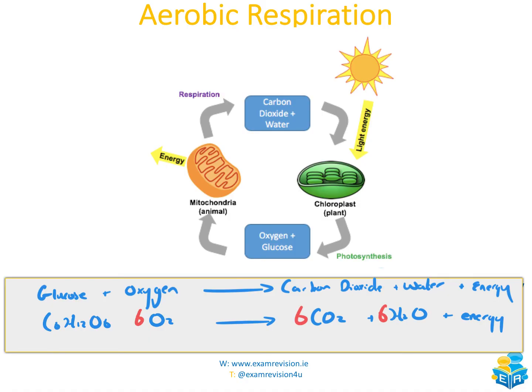a balanced chemical equation. Because here we have 6 carbons, we have 6 carbons over here, we have 12 hydrogens, we have a total of 12 hydrogens there because 6 H2Os will give us 12. And we have 18 oxygens here, we have 12 of them there, plus another 6 gives us 18. So that's our balanced chemical equation. Okay, so the glucose, the oxygen, the carbon dioxide, and the water appear in both of them. The only thing that's additional in the photosynthesis one is we have the sunlight being trapped by the chlorophyll, whereas in respiration we have the production of energy because we want to break down the food to release the energy